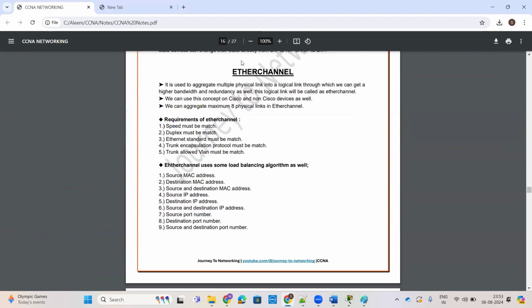And EtherChannel will actually use some load balancing. What is load balancing? Where will it be used basically? So it's a switch and